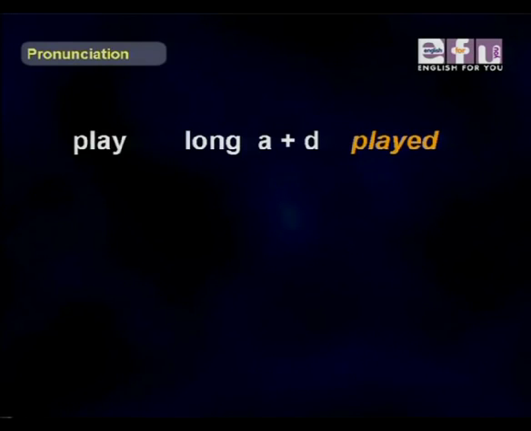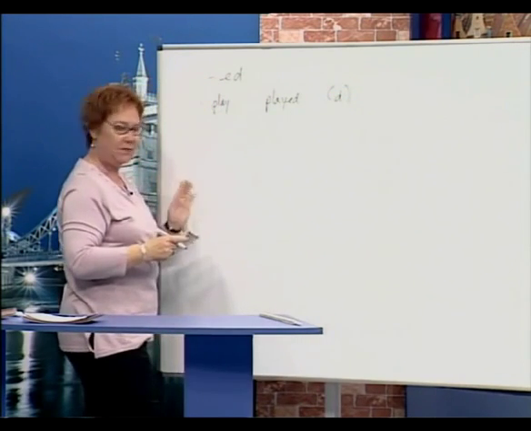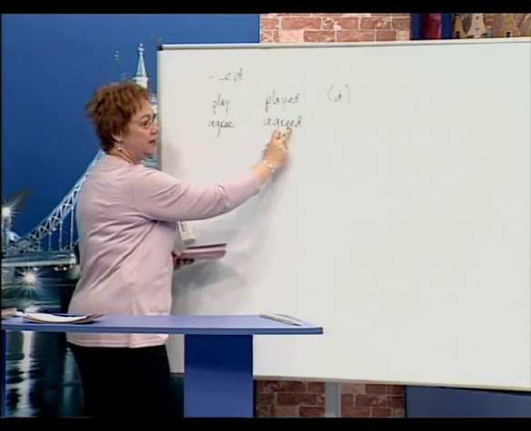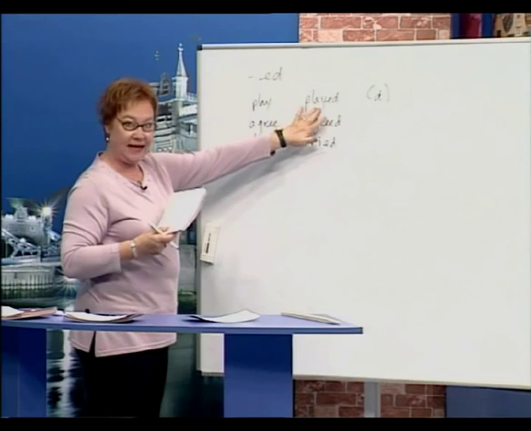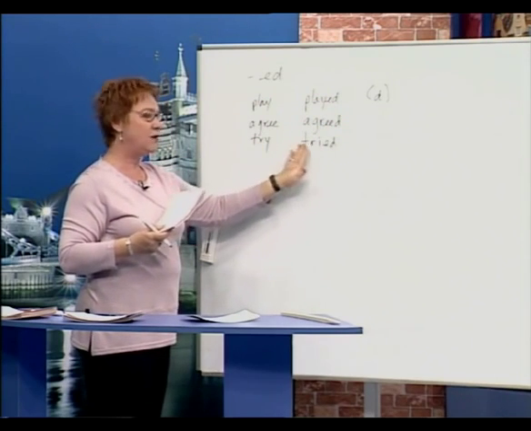Now, after long vowel sounds like play, we have a, played. We have this sound, d, played, only d, okay? Played, no ed. Here's another word with a long vowel sound. This is long E. So, agreed, okay? And of course this one has E, so it's only D. And then we have try. Now, this is a long I sound. So, tried, okay? So again, play, played, long A, d, agree, agreed, long E, d, try, tried, long I-d,